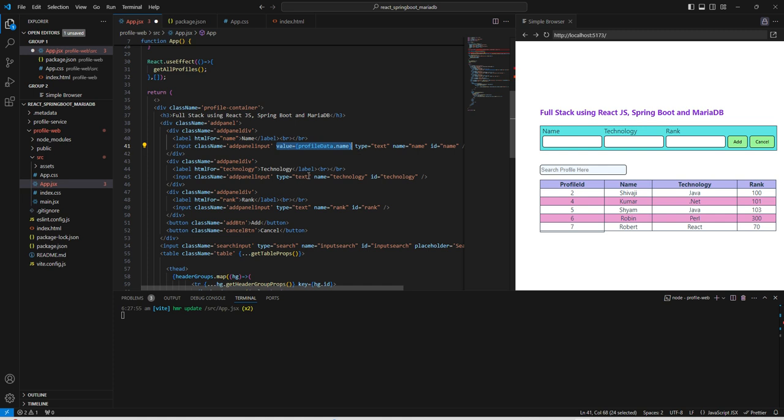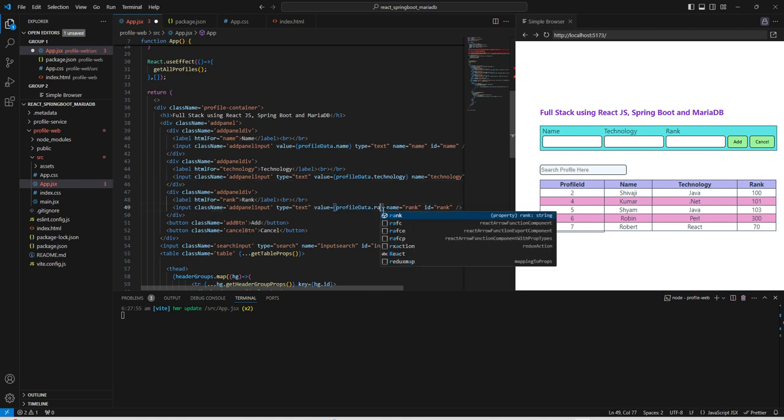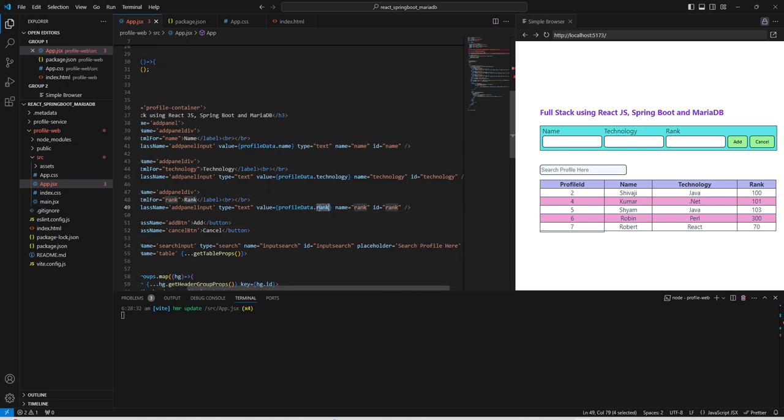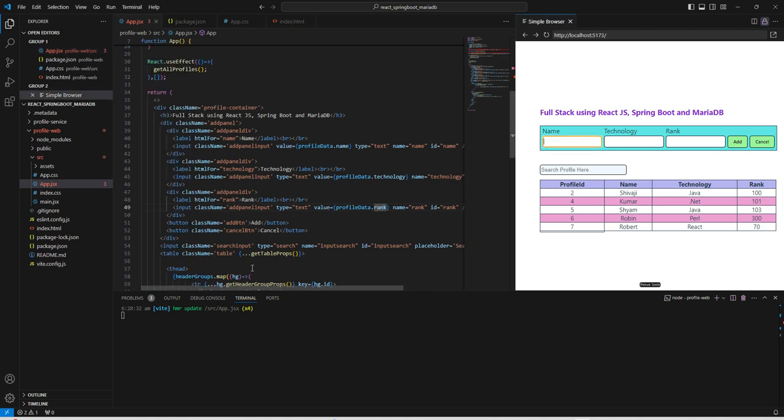In a similar way for technology we can use it's a technology, and for rank we can use it's a rank. Fine, we can save it. Seems good. Now next thing, whenever we enter something here and change the text, it should call some event. On change event we need to mention, and here we can say handle change functionality we need to call,